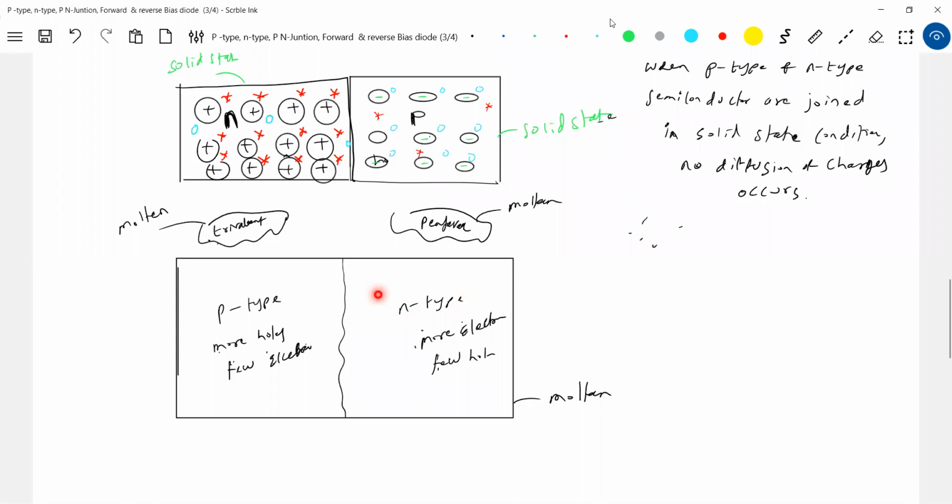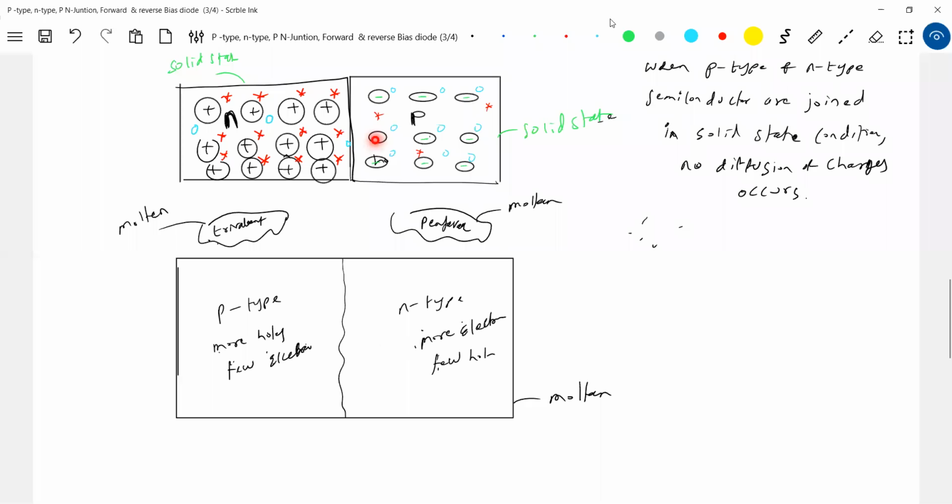It's not like that here. In the solid, it's slightly bound with a small energy. Because of the higher temperature in molten state, the electrons will have enough kinetic energy. So when they're moving randomly, they can come here. Like that, concentration here is more and here is less. So better you call it diffusion. Why will electrons move? Just because here more electrons are there and here fewer electrons. So the diffusion occurs only in molten state, not in solid state.